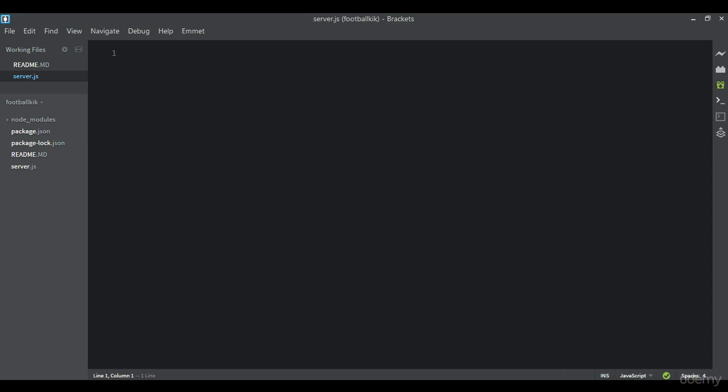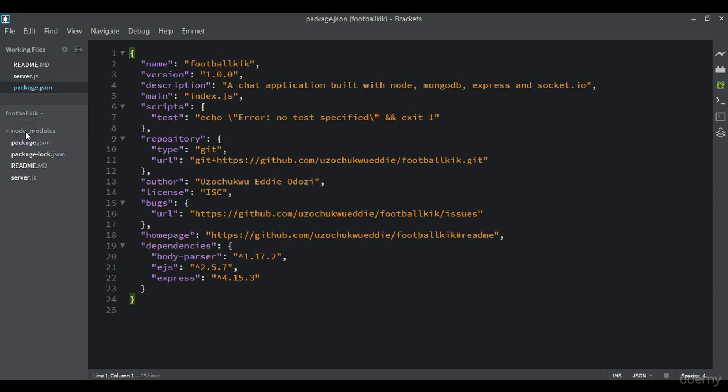So we go back to our project and we open the package.json file. Right here, you can see under the dependencies object, we have the body parser, EJS, and Express. Along with this, it's installed also a folder called node_modules. Inside this folder, that is where you have all of the packages, the files associated with all of these modules. They are added into this node_modules. So if I delete this node_modules folder and I run npm install, it's going to look at all of the packages or modules we have in this dependencies object. Then it's going to install, then create a new